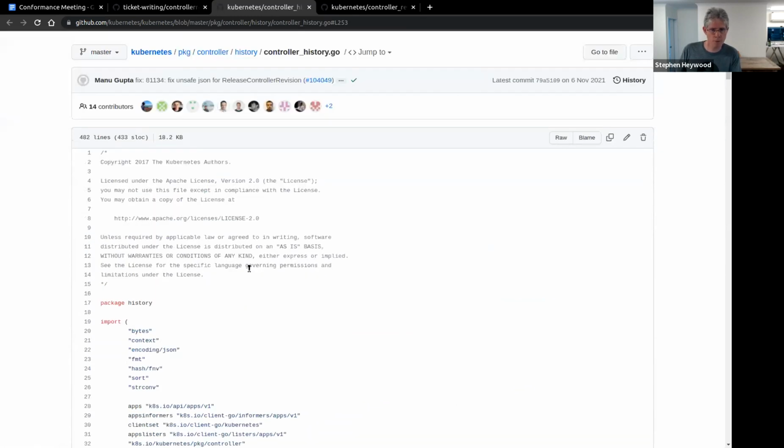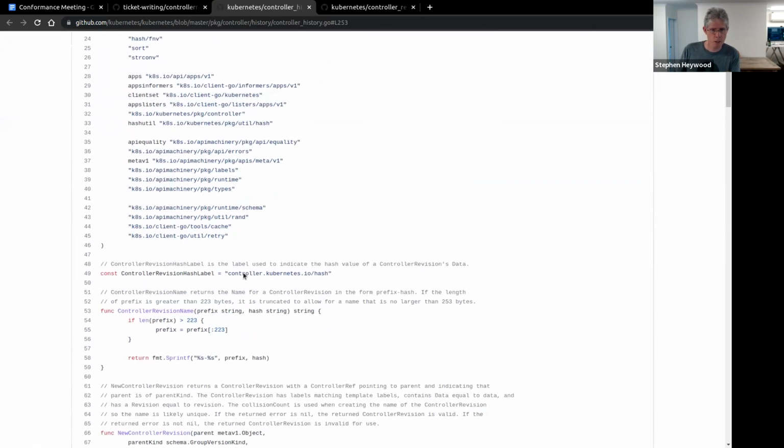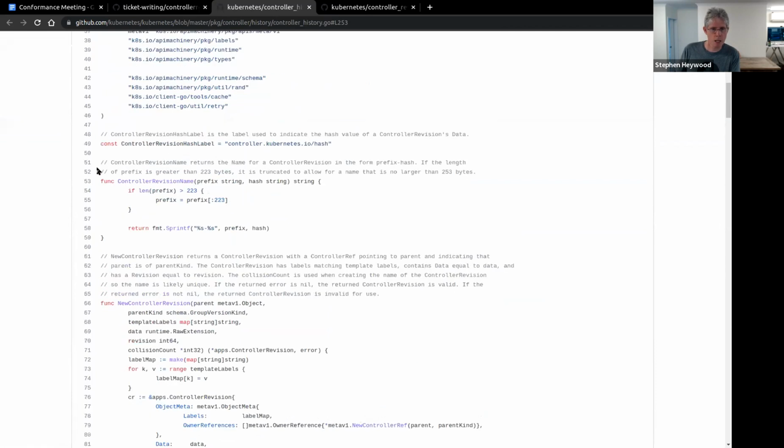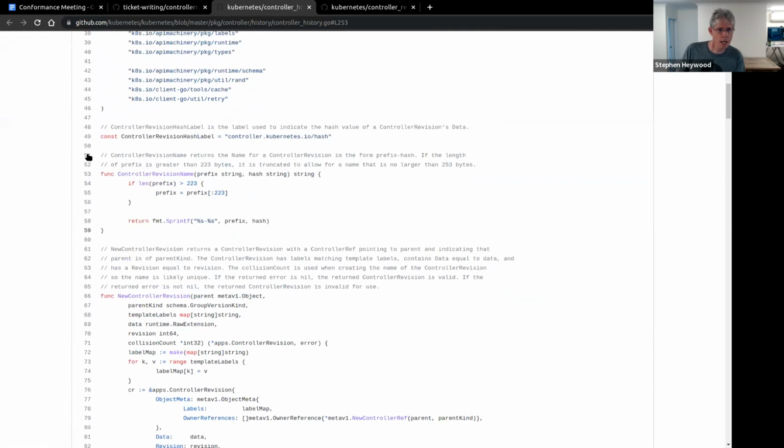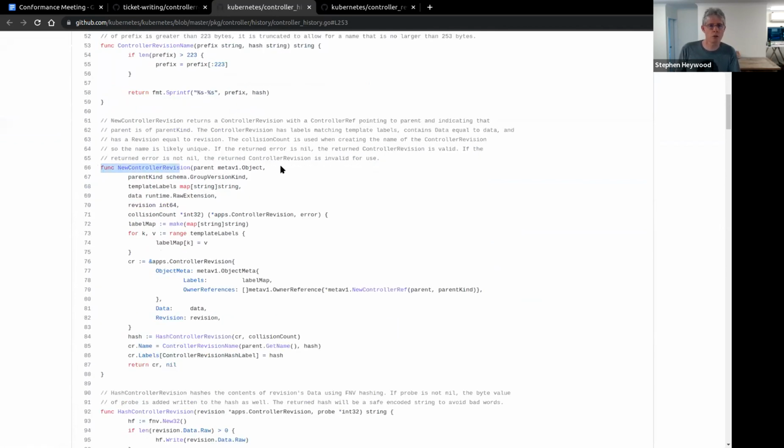resource. Sorry, if we just scroll down a little bit. Constant, yeah, line 66. Function create a new controller revision. It's trying to work out the plumbing between that create and how that new controller revision. So